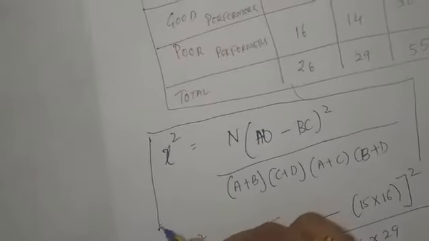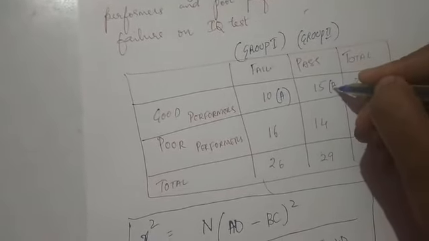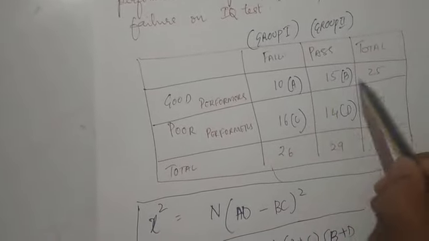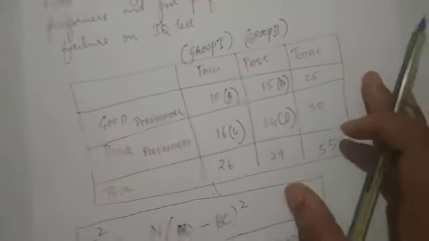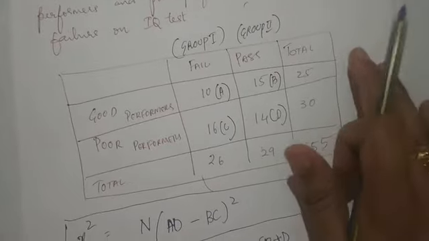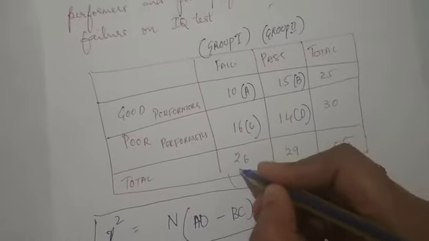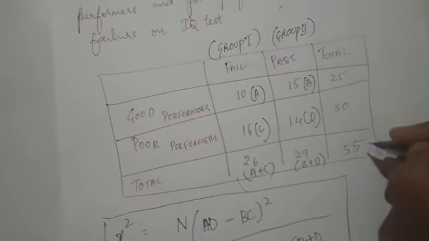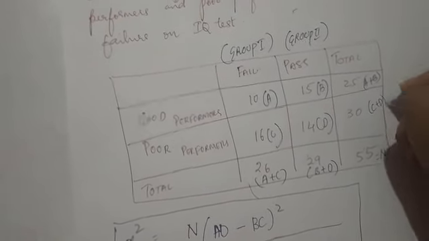That's all. So chi-square is equal to n into AD. This is A, this is B, this is C, and this is D. However, it's not given and is understood. The things written in blue are understood; they are not written in the textbook, nor will they be given in the examination. So again, for your understanding I'll write A plus C, B plus D, this is n, this is A plus B, C plus D.